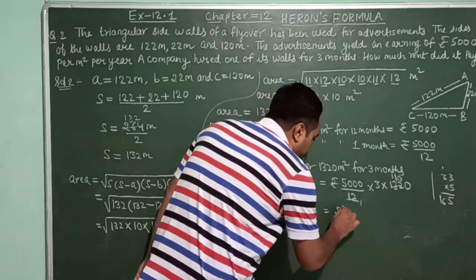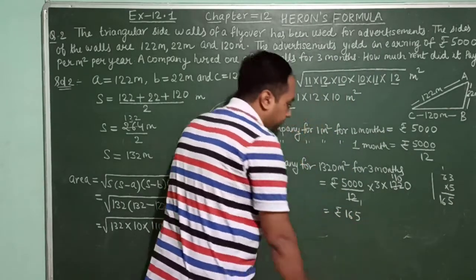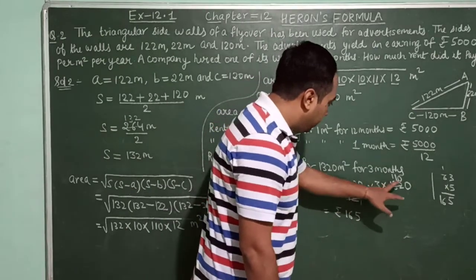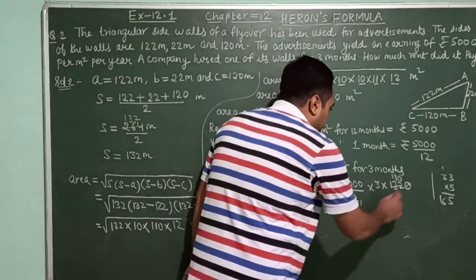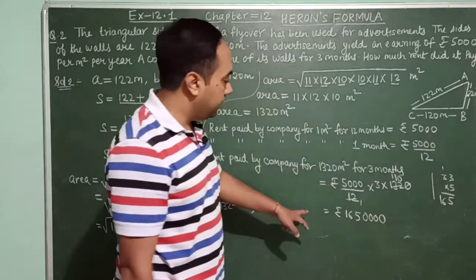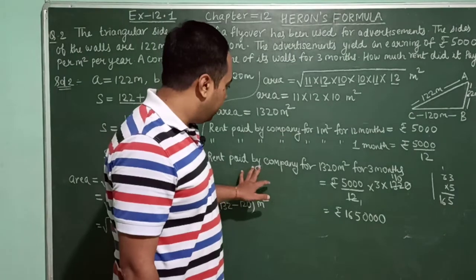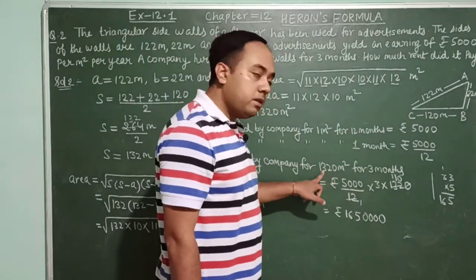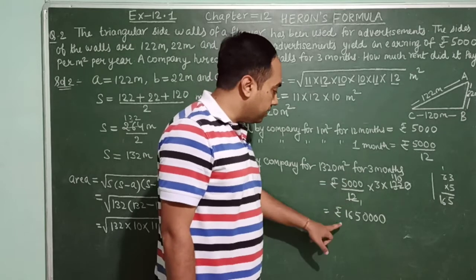So rupees 165. Then how many zeros are over here? 1, 2, 3 and 4. These also cancel, so 4 zeros are over here. So this is the rent paid by a company for 3 months for how much area? 1320 meter square, and that is equal to